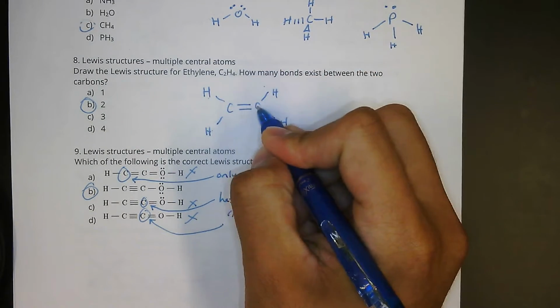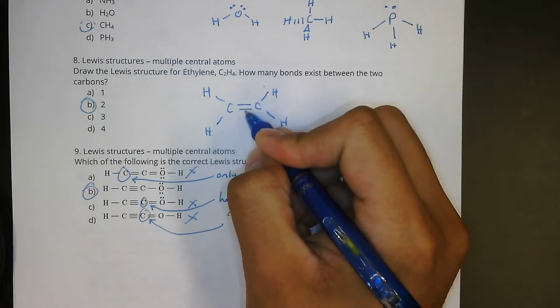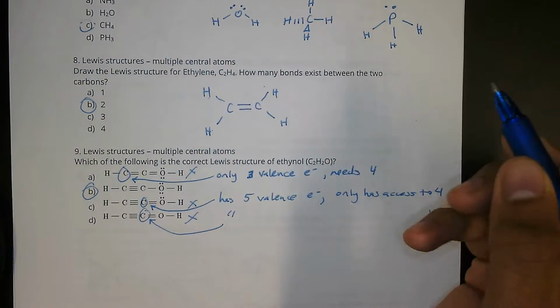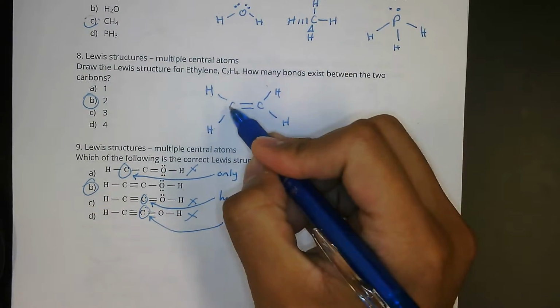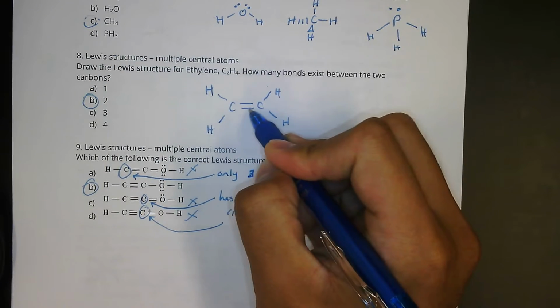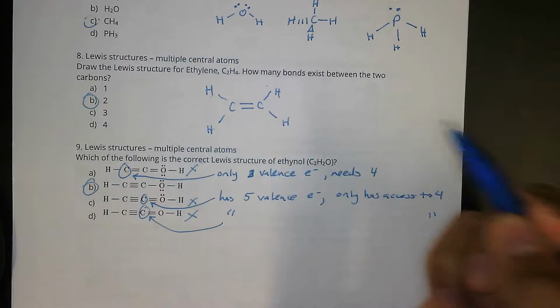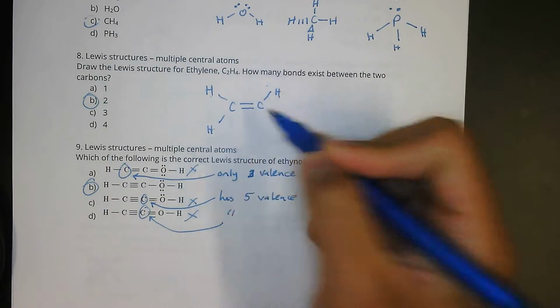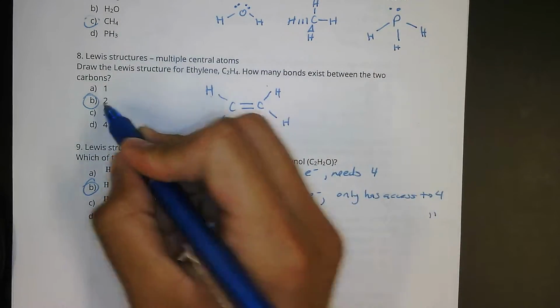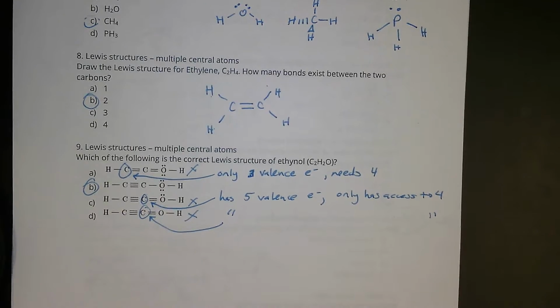We need a bond between the 2 carbons to connect them, but we know that each carbon wants to contribute a total of 4 electrons. And if we didn't draw this double bond, then they'd only have 3 bonds and we'd be missing 2 electrons. So that's why we have a double bond there, and so we say that there's 2 bonds between the 2